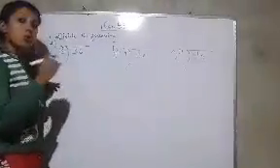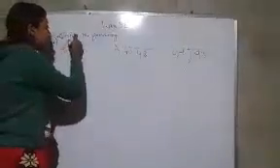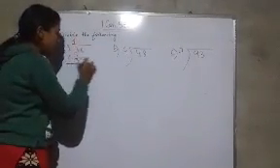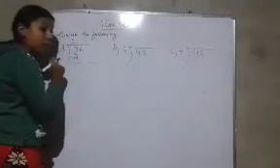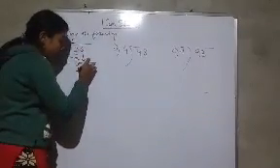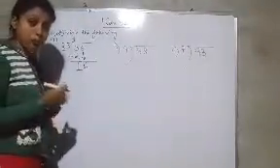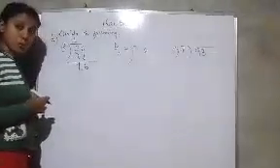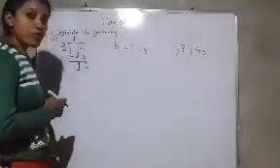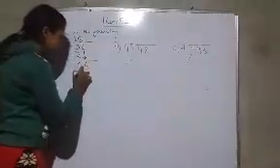Okay. So 2 ones are 2. 2 is smaller than 3. So we can take 2 ones are 2. Now what we will do? We will subtract, 3 minus 2 is 1. So again what we will do? This one we will bring down. So it will become 16. Now 16 we can get in our 2 table. So 2 ones are 2, 2 twos are 4, 2 threes are 6, 2 fours are 8, 2 fives are 10, 2 sixes are 12, 2 sevens are 14 and 2 eights are 16.